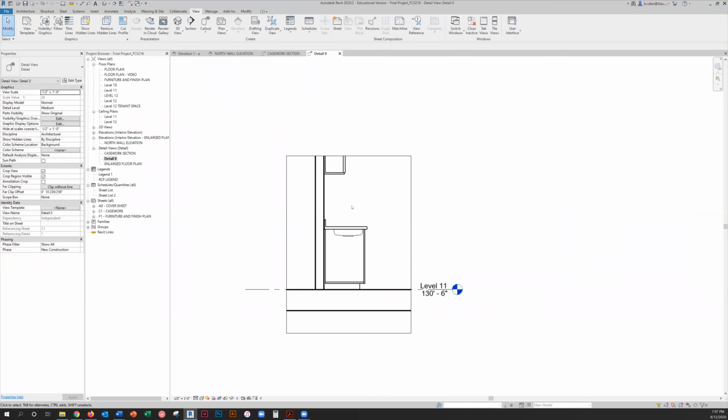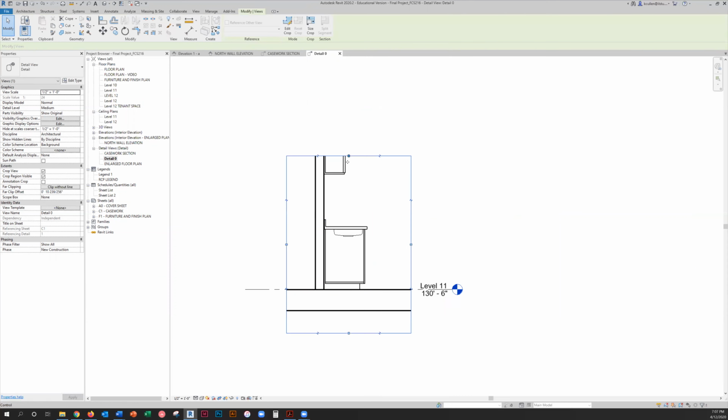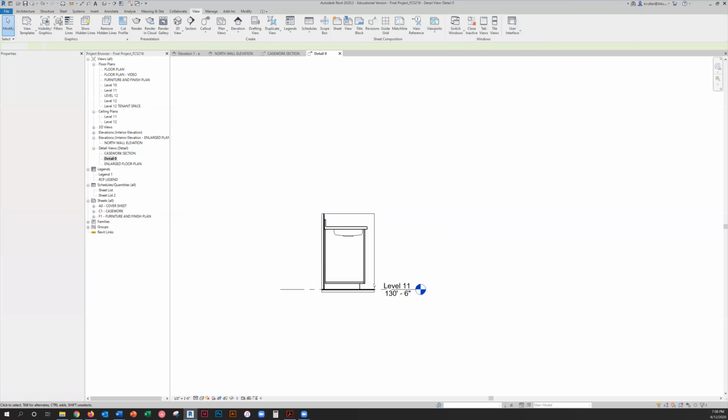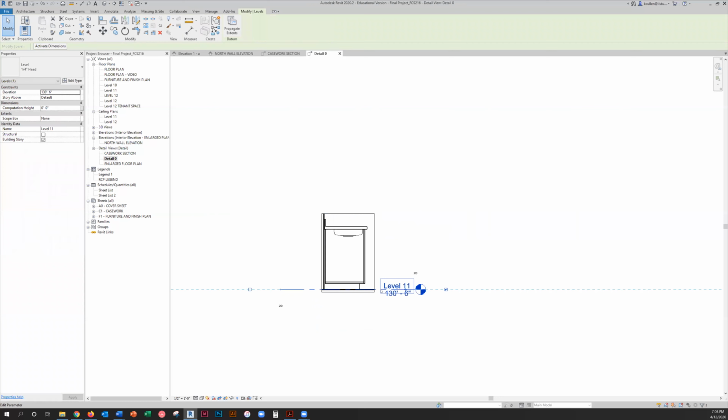We just want to see the section cut through our base cabinet. So I am just going to crop out all of the information that we do not need to see, including our level 11 floor,